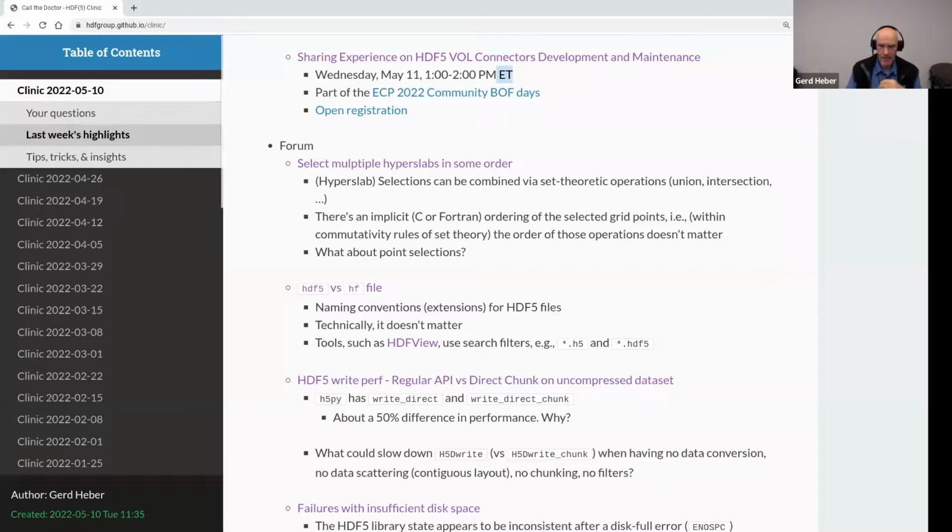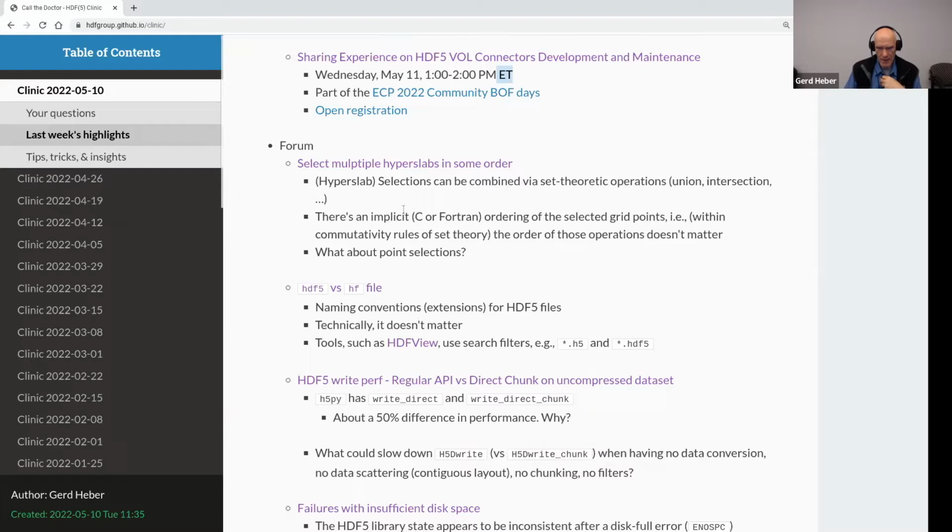And what the user noticed was that when he ORed these two hyperslab selections, the order actually was not what he expected when he then did the read operation or the write operation, I forgot which one. He was surprised that things were not in the order that he expected. And so what I wanted to point out is that, definitely for efficiency reasons and implementation complexity reasons and whatnot,